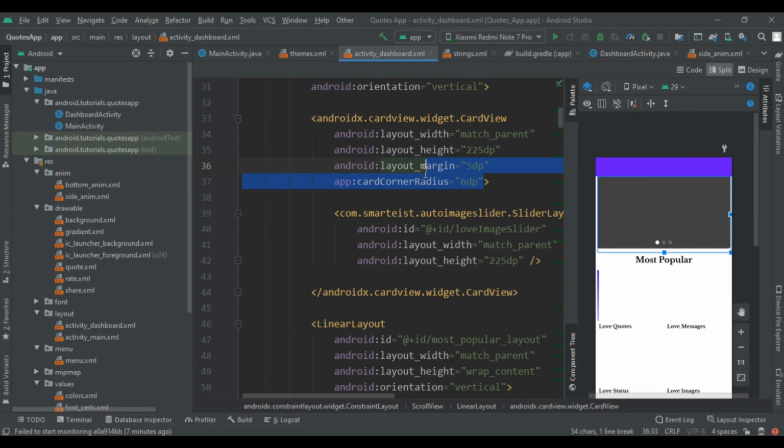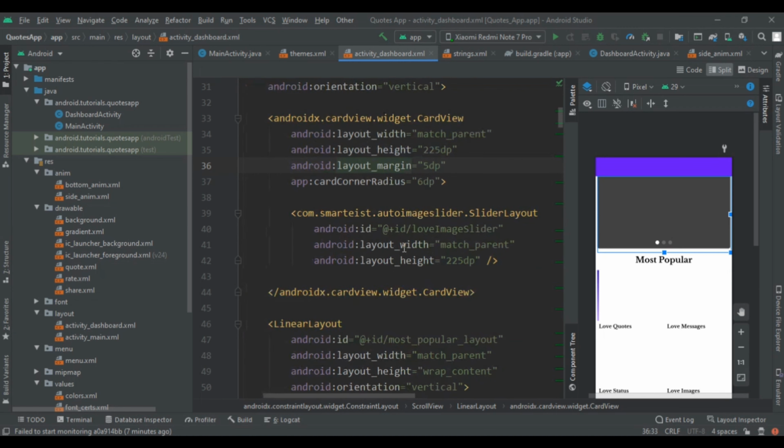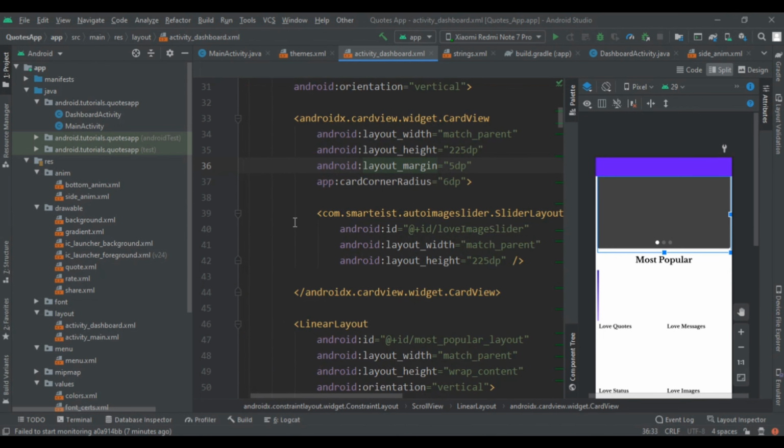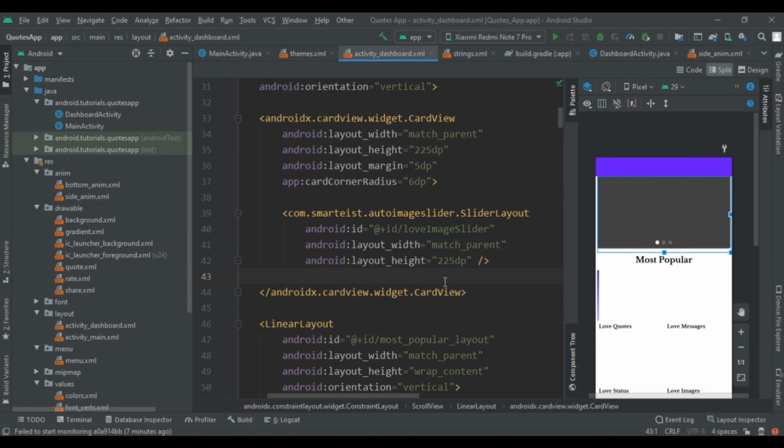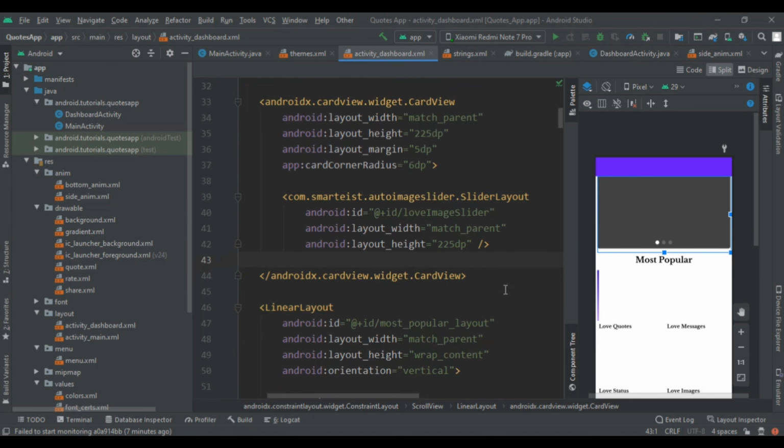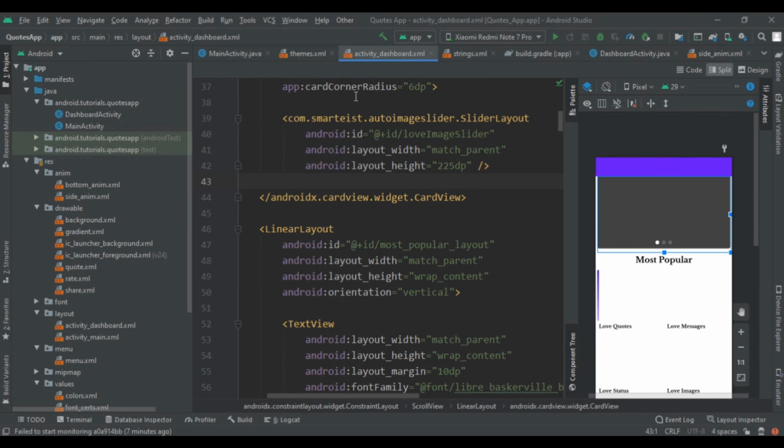Now to make that card slidable, we have implemented one slider layout. If you had not watched our previous video of how to create auto image slider, then you can find that video in the I button and also in the description. So to make this slider, we have to implement one library.